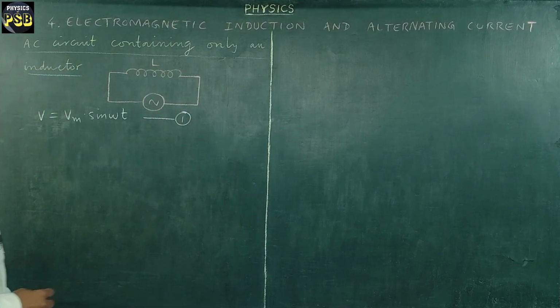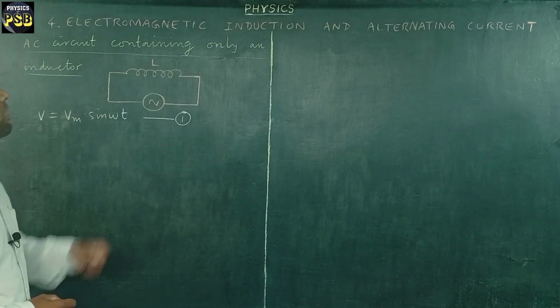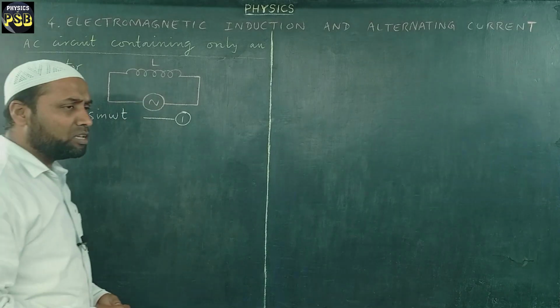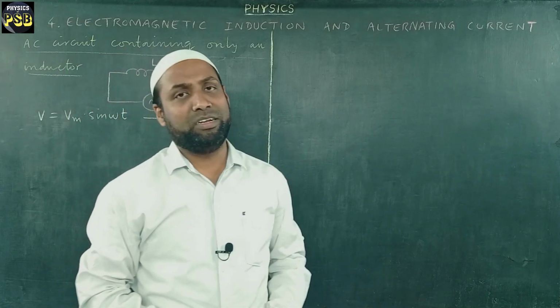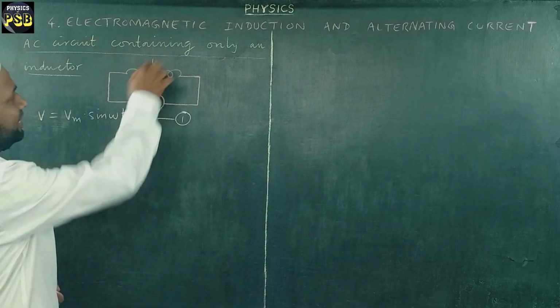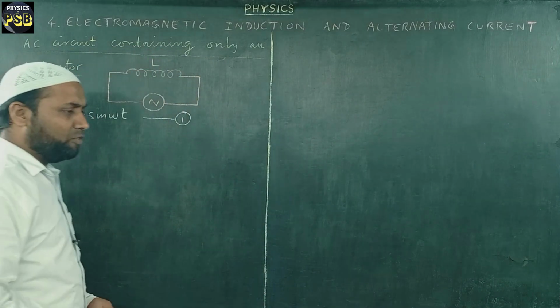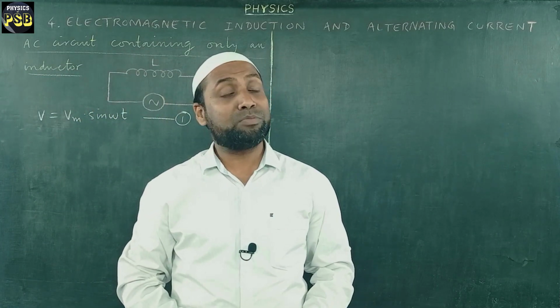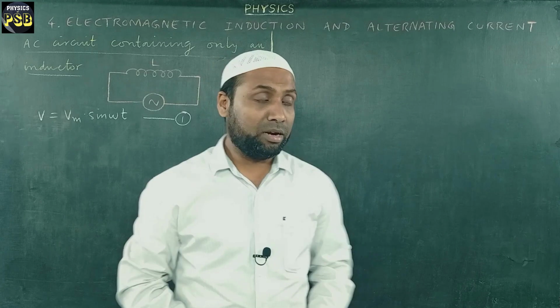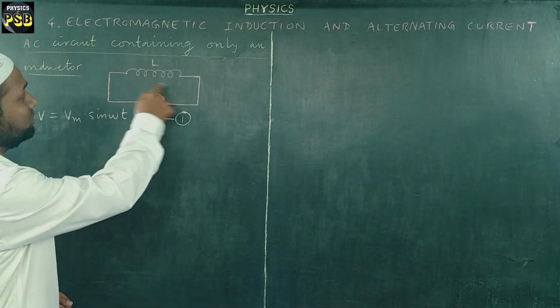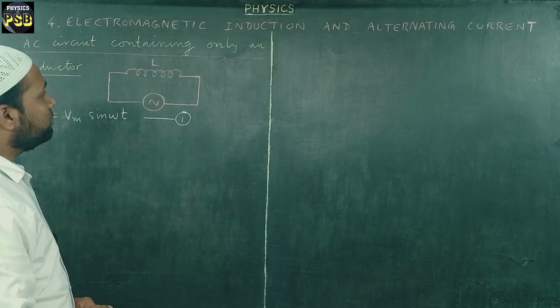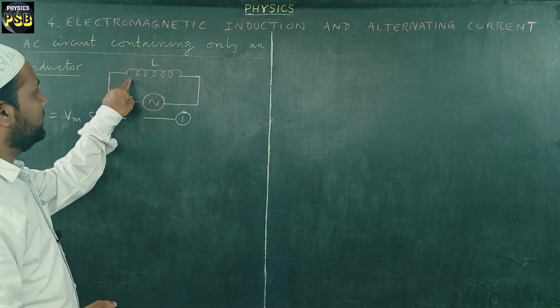Due to this alternating voltage, the alternating current flows through this inductor. As a result, it produces a varying magnetic field around this inductor. We know very well, whenever electric current flows through a conductor, it produces a magnetic field around it. Similarly, this alternating current flowing through this inductor will produce a varying magnetic field. So the magnetic flux linked with this coil